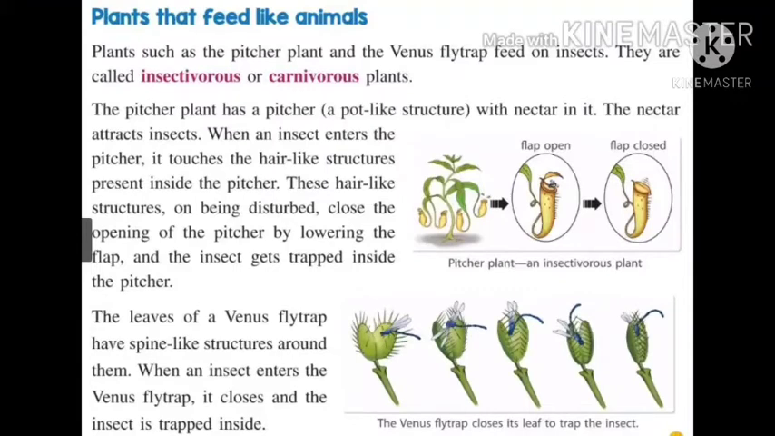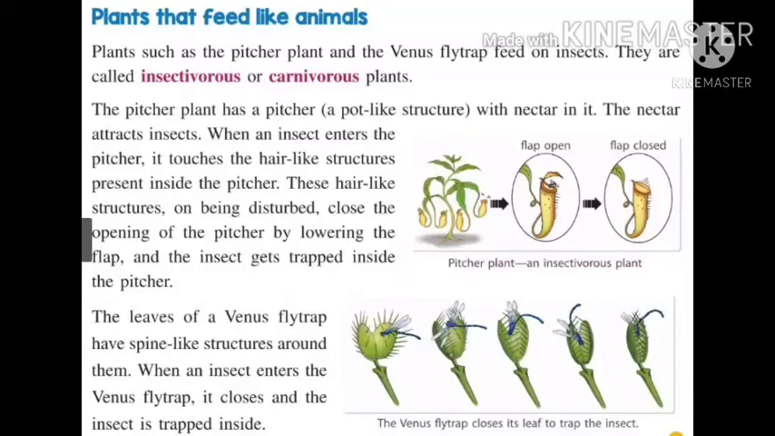Now let's talk about our next subtopic, that is plants that feed like animals. Plants such as the pitcher plant and the Venus flytrap feed on insects. They are called insectivorous or carnivorous plants. The pitcher plant has a pitcher with nectar in it. The nectar attracts insects. When an insect enters the pitcher, it touches the hair-like structures present inside the pitcher. These hair-like structures, on being disturbed, close the opening of the pitcher by lowering the flap, and the insect gets